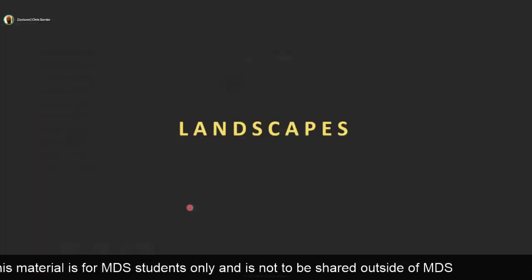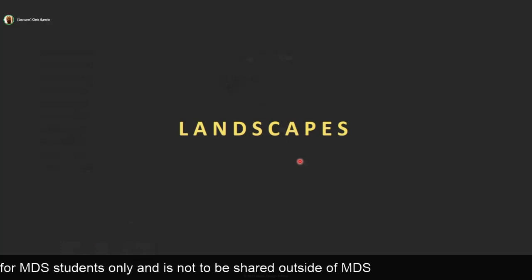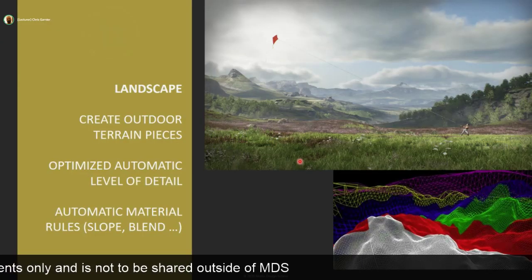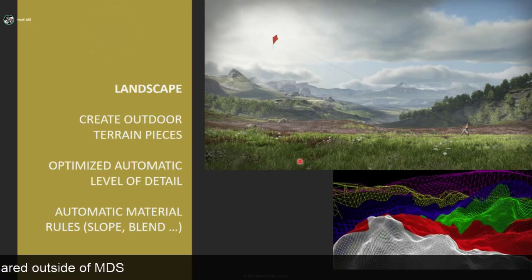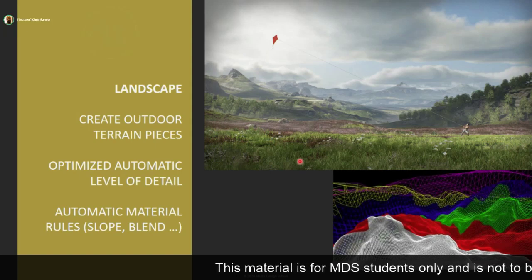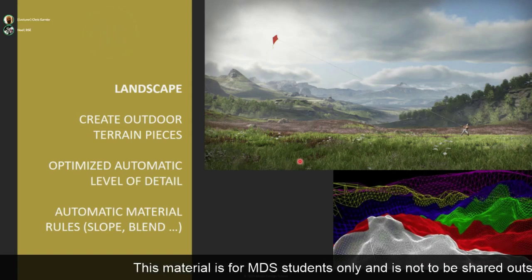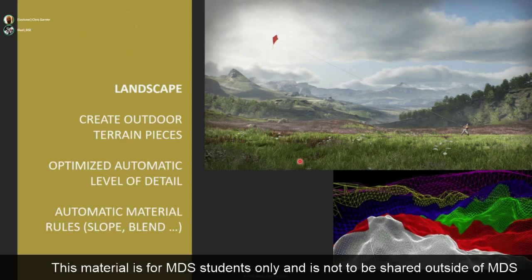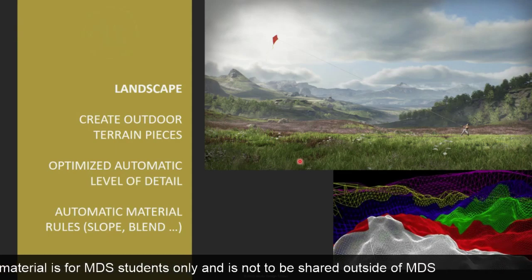All right. So now we're gonna move on to landscapes. Someone was asking me about making fields, and I believe that's what you were talking about. In Unreal, it's called terrain or landscape, and it's a feature by itself. The reason it's not made as just a mesh that someone made in Max or Maya and imported is that the